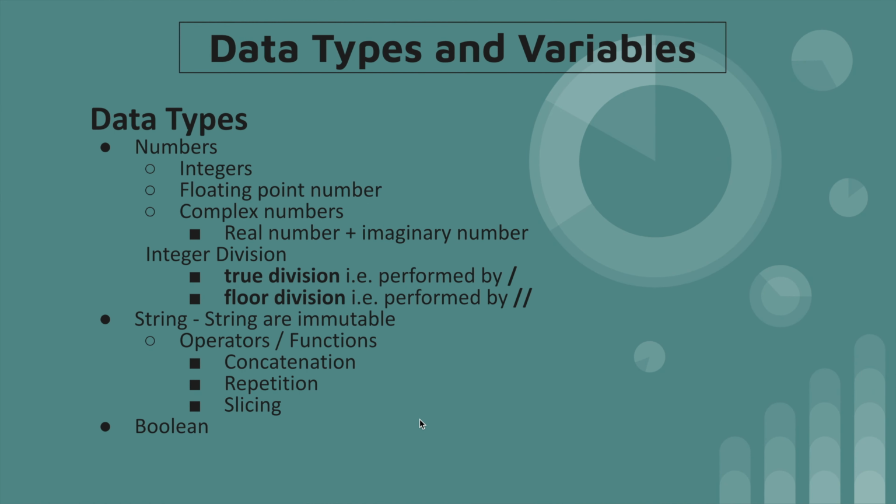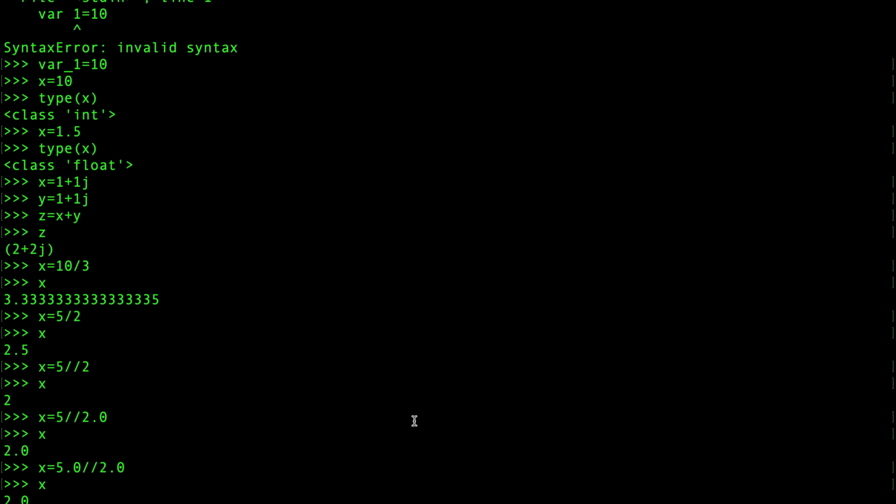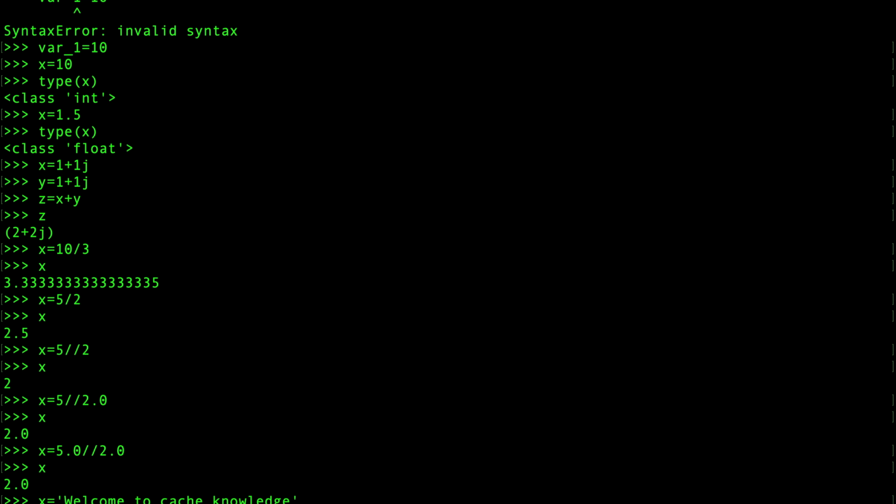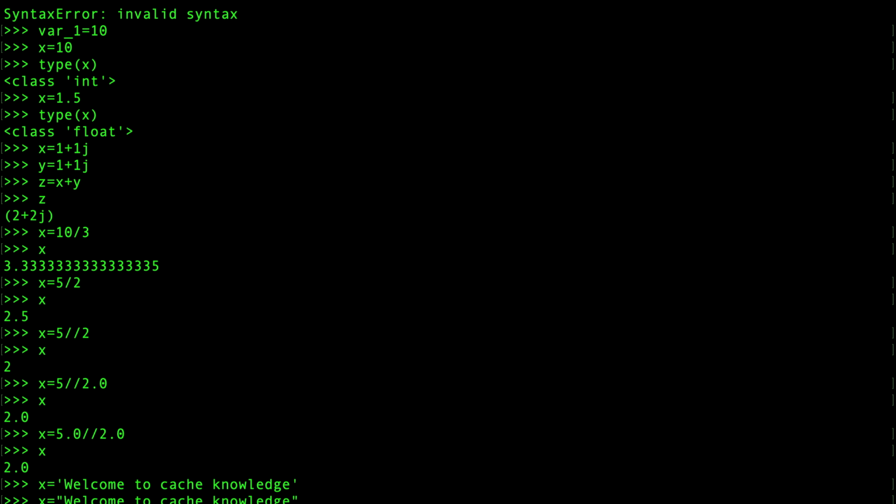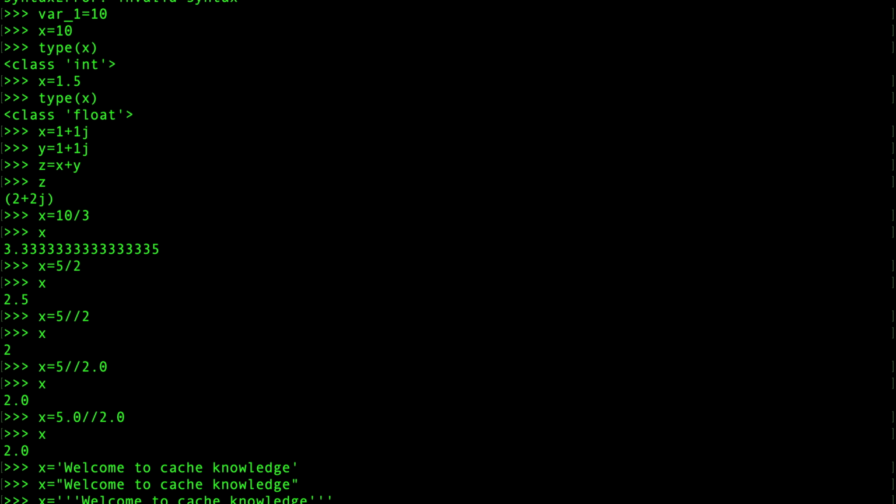Then the next data type is a string. So we have already seen how we declare strings. It could be like 'welcome to cache knowledge', or we can declare using double quotes as well. Same, I'll just copy paste this one. Or there is another way, using triple single quotes like this. There are three different ways of